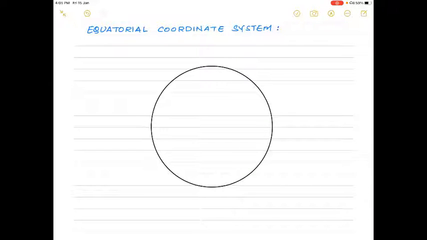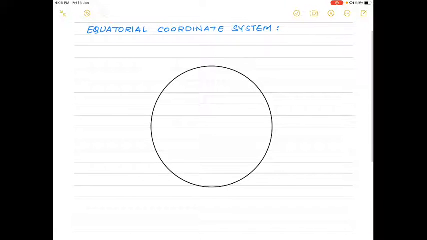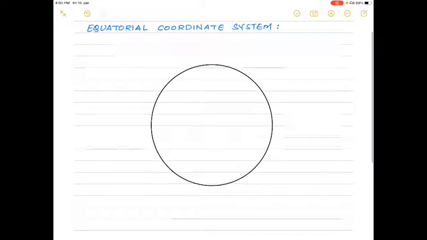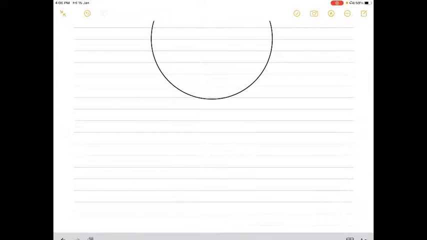So the second type of coordinate system, the equatorial coordinate system, is the one which is used by scientists to do observations. In the equatorial coordinate system, again there are two types. One is a local equatorial system, and the second is a universal equatorial system. Before we start studying the equatorial coordinate system, we should first know certain basic concepts and terms which are used in astronomical coordinate systems to locate stars or celestial objects.